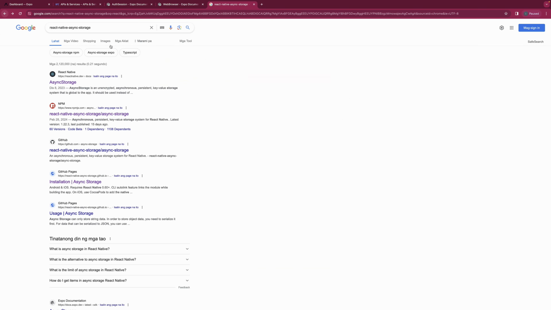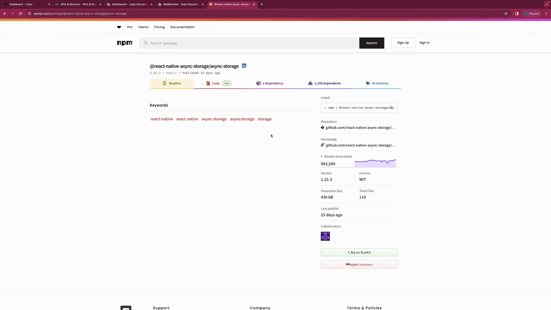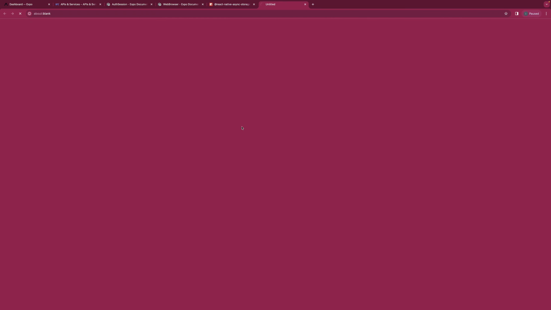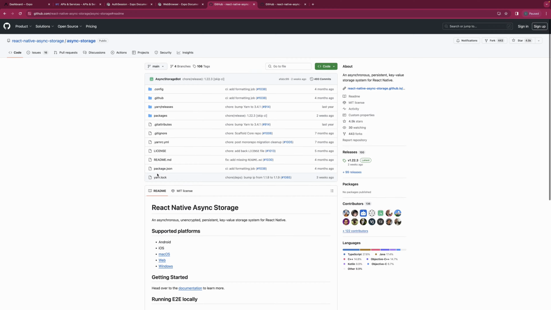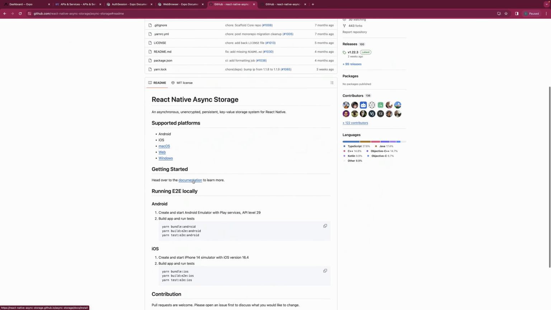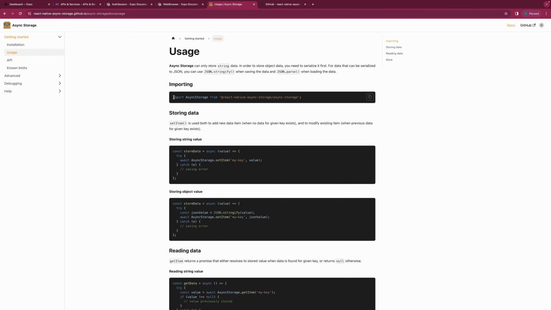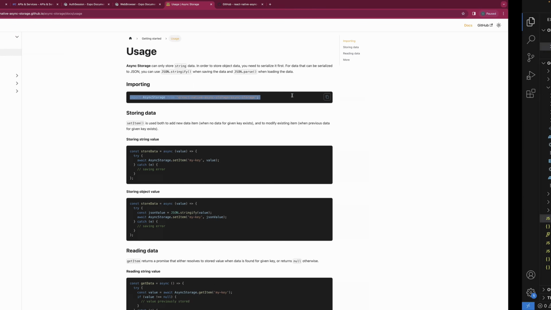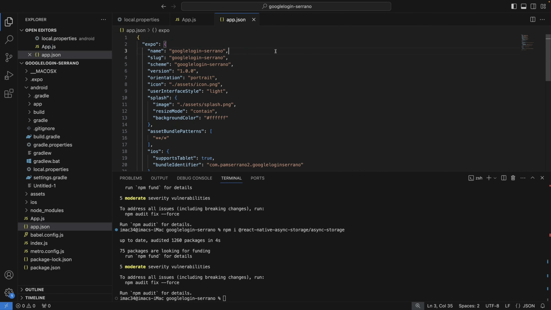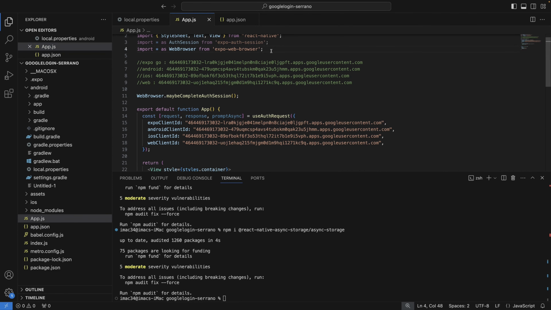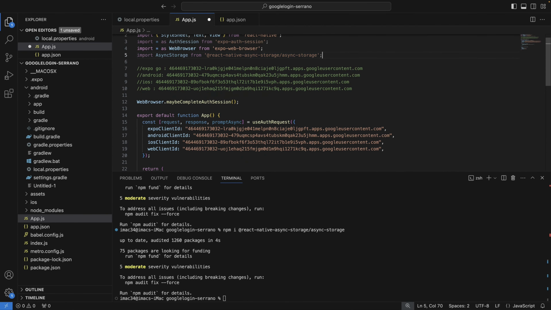I think this one is different. So open again from npmjs. Open from GitHub. Okay, this is the documentation. Usage for importing, let's copy this code and paste it here. Save.